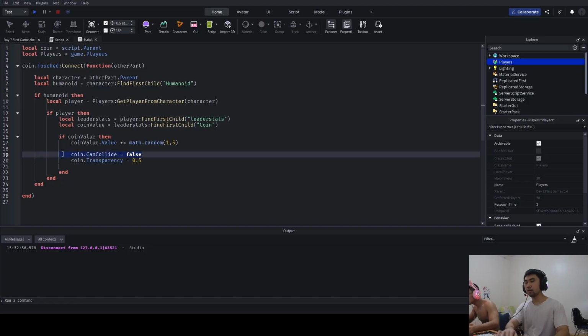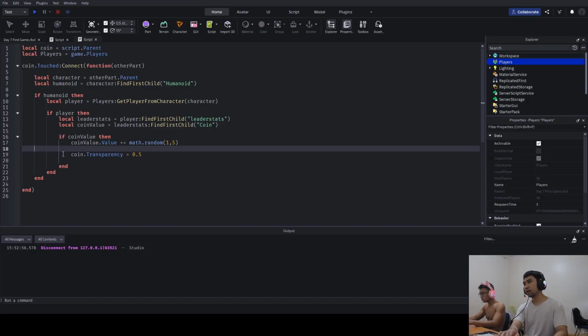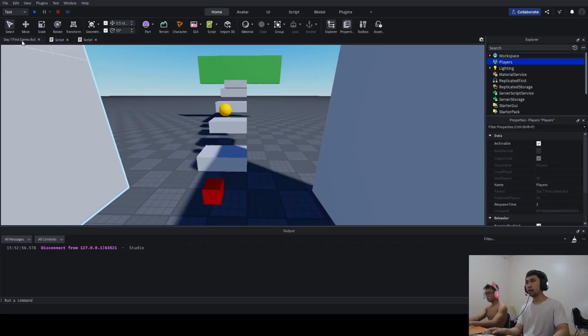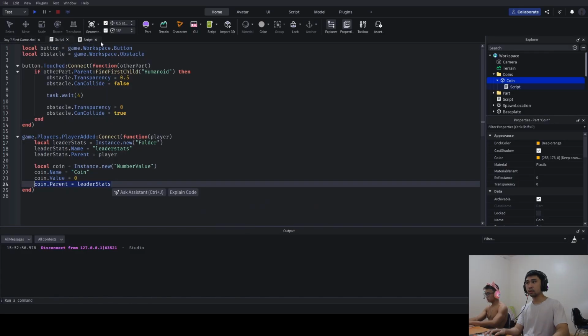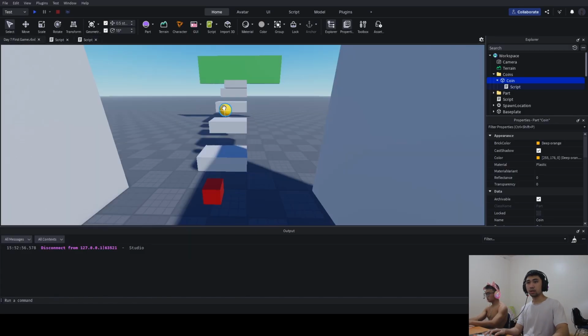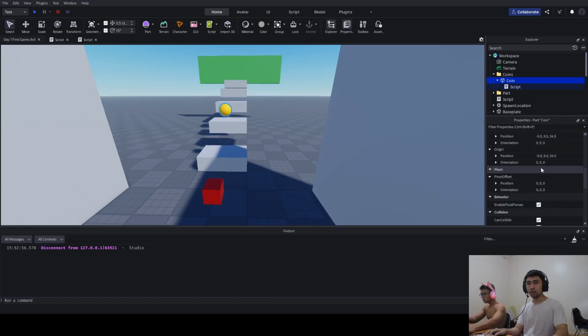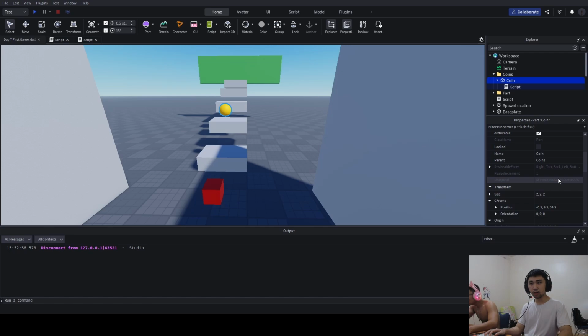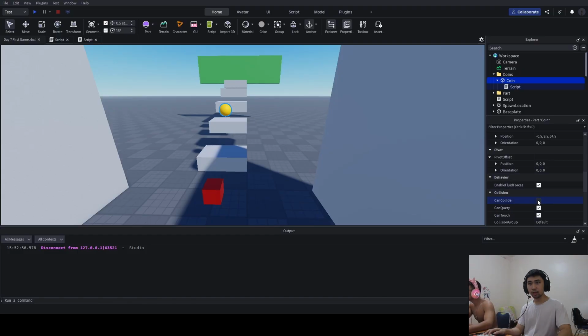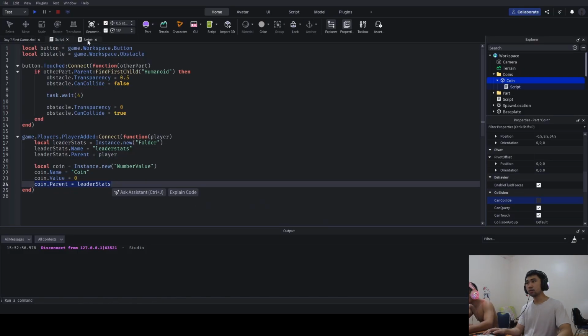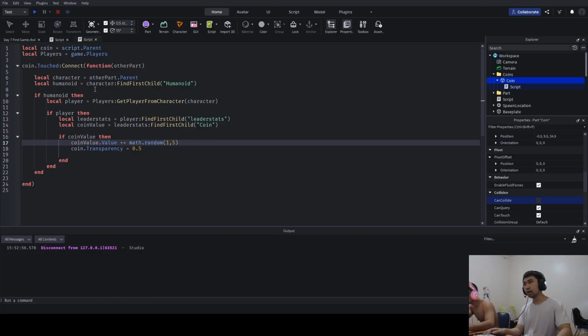No, the can collide should already be false first because the coin is to be collected, right? Coin is to be collected. So the collidable should not be collidable. So I can make the collide transparency. It's okay. Collision, the can collide is already like that. So I can collide. But once I actually touch it,